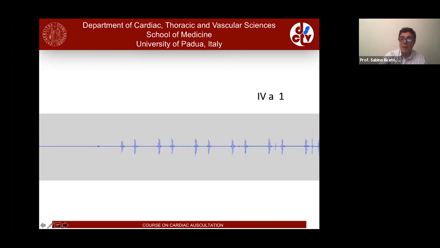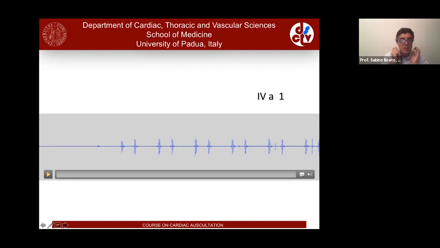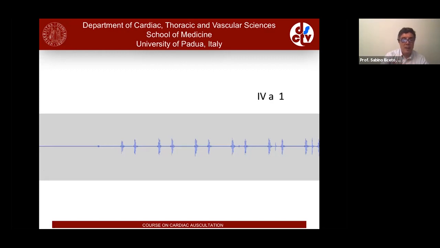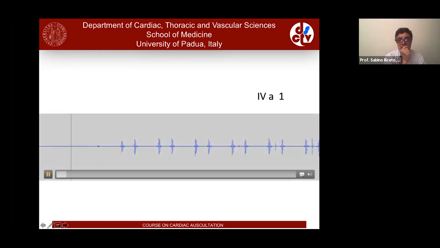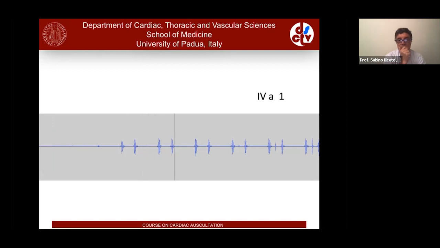So let's start now with the auscultation, and we shall listen to a click appearing after 3 beats. Please put your earphones on and be concentrated. So this click is present in mid-systole, and that's the reason why it's called mid-systolic